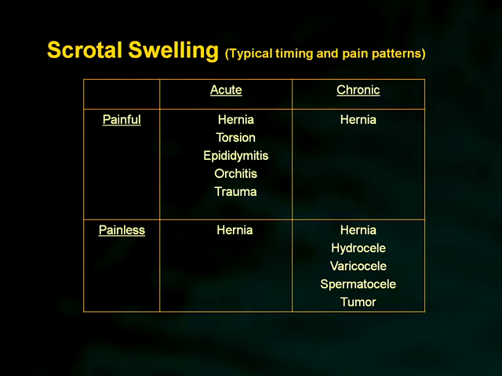But what you'll notice is that hernia is in all 4 boxes. So hernia can present almost any way. And so that always needs to be on your differential. And the most important is sort of understanding that most of the acute problems that tend to present are painful, and that most of the chronic ones that are in this box down here tend to be painless. So that's a good way to sort of sort out these different things in your mind. Now, does that help you sort out which is an emergency or which needs more aggressive treatment and which doesn't? No. Unfortunately, it doesn't. So we'll talk about that.